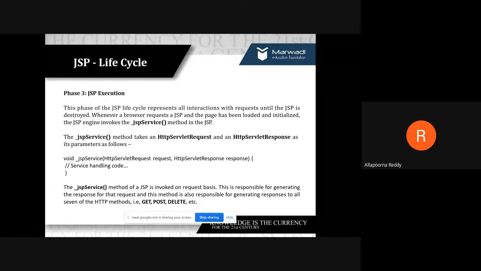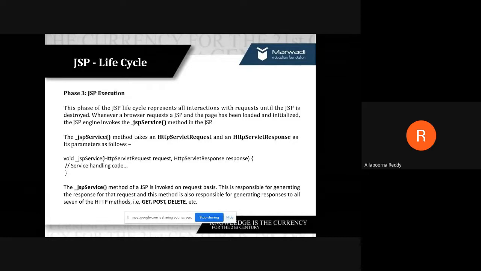Once a browser requests a JSP file, that page is loaded and initialized. Then your JSP container, or JSP engine as we can call it, invokes the second method, called the jspService method. The jspService method takes two things: one is HttpServletRequest and the other is HttpServletResponse.